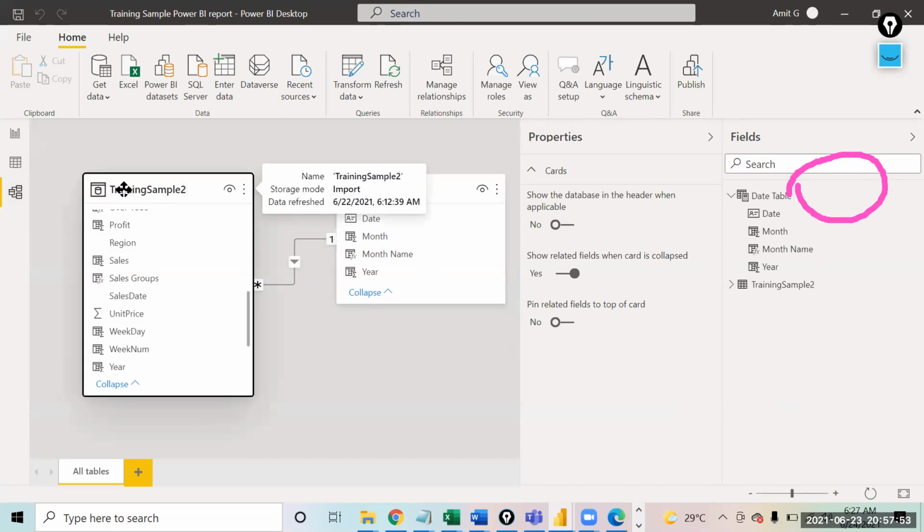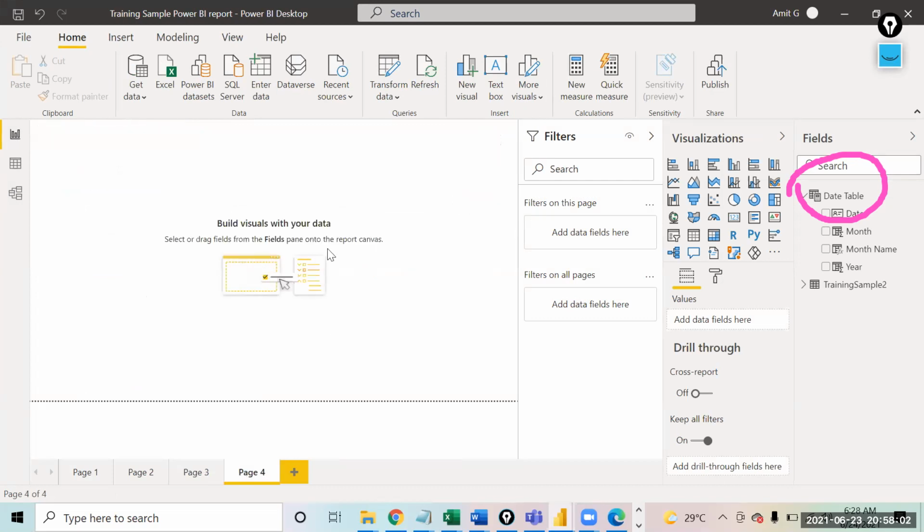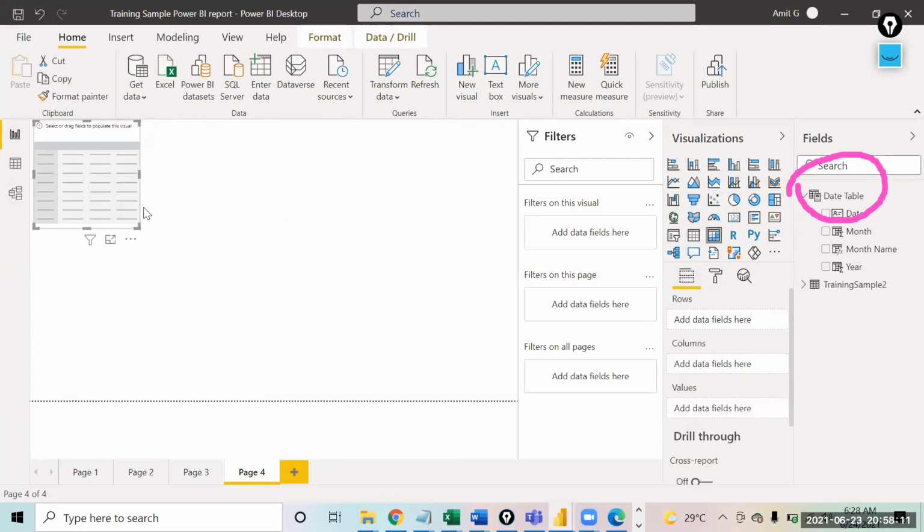What I'm trying to achieve now is some time intelligence calculation. So please come in the report view. In the report view, please add a new page. And over here I'm going to add a matrix. Please add a matrix.